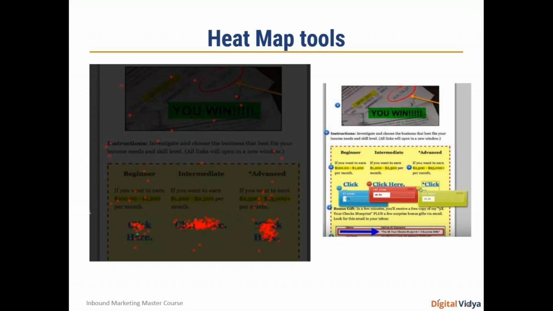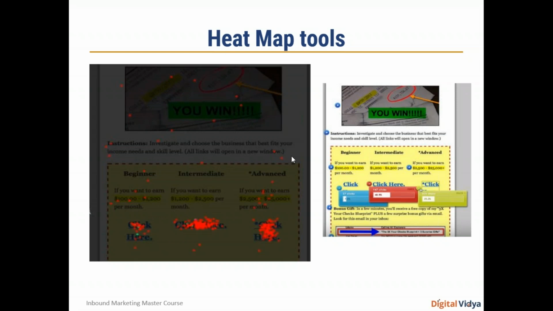For example, if your important call to actions are at the bottom of the page, your conversion call to action, buy now, talk to us, fill up this lead form, and you have a lengthy landing page, through heat map you will know, oh, people are not even scrolling down on a given landing page, which means your conversion is bound to suffer, right? These are some of the insights heat map tools provide you,